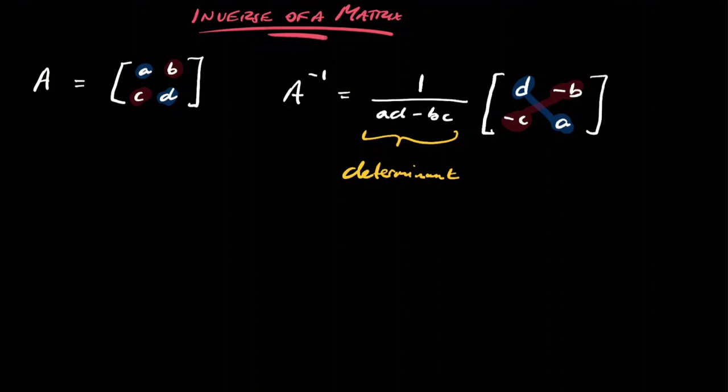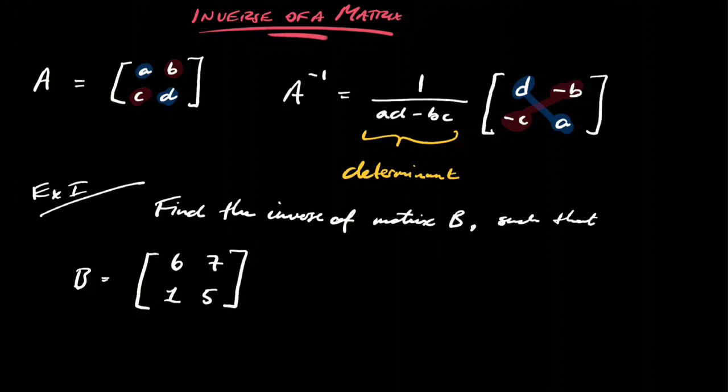So let's go through a quick example. Given matrix B here, we're going to take the inverse of matrix B. We are going to multiply it by the determinant, which is 1 over, the top left times the bottom right, which is 6 times 5, subtract